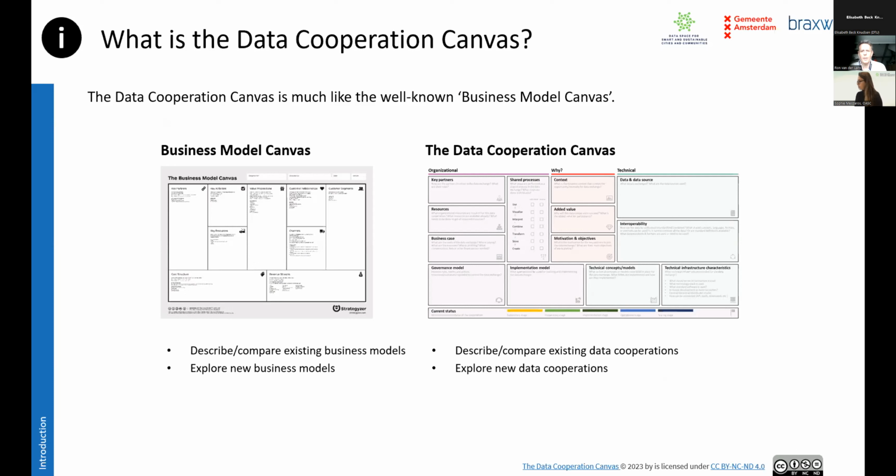And when you look at the data cooperation canvas, you can see it as a data transferal from the business model canvas, which most of you might know, which is interesting to describe or compare business models. In this case, you can describe or compare data cooperation and even explore and design new data cooperations.